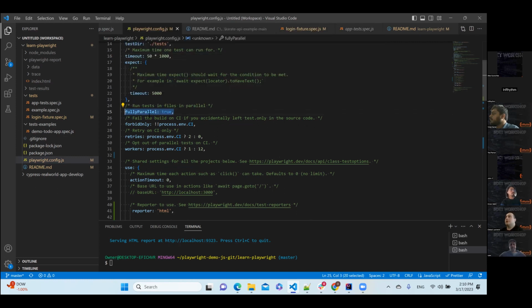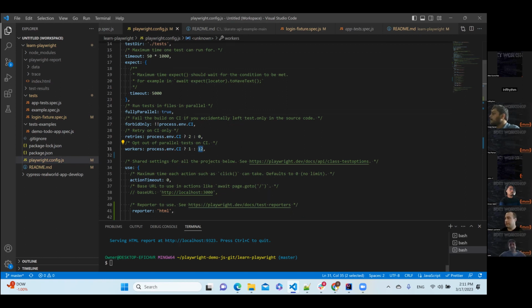After that, we need a specific Boolean. It's fullyParallel, it's true. And after that we have more. By default in the official documentation for workers, as this is parallel testing, we have undefined. Undefined means approximately 6 different workers, but I changed it to 12 because I think that Playwright can run 12 threads at the same time.